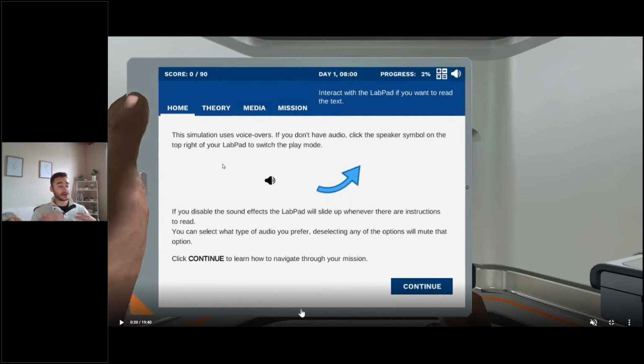And you're immediately going to also be greeted with the lab pad. So the lab pad is going to be home base for students. It's kind of like a virtual tablet for students. This is where they're going to view their theory, answer questions, view their mission. Top right, they're going to have a variety of tools. Top left, they're going to have their scorecard. Now, every question is worth 10 points. And for every question a student gets wrong, it's going to deduct 2. As instructors, you're going to have that capability to choose either that student's first attempt or best attempt, and that's going to dictate their grade.